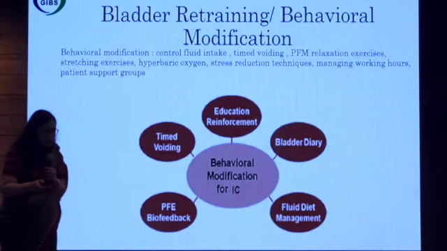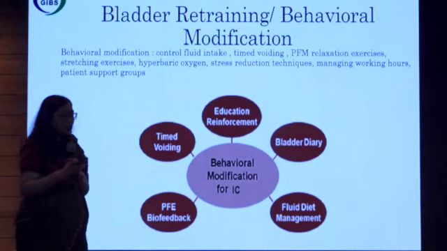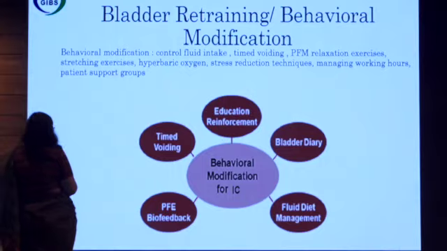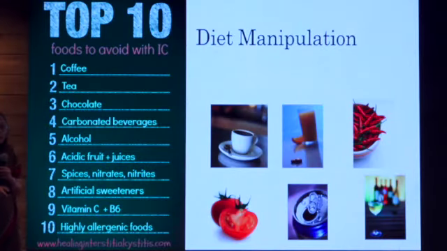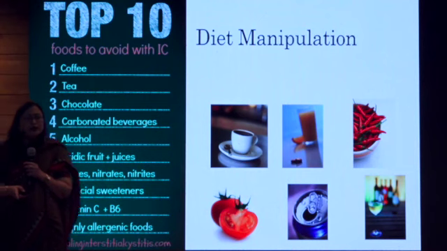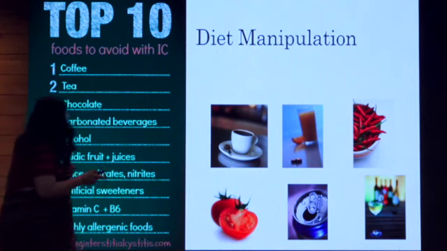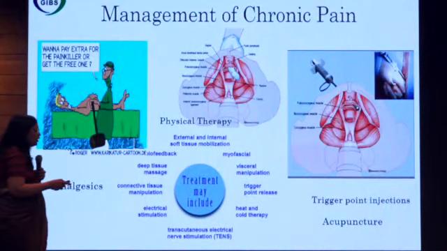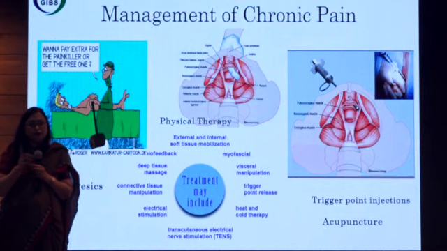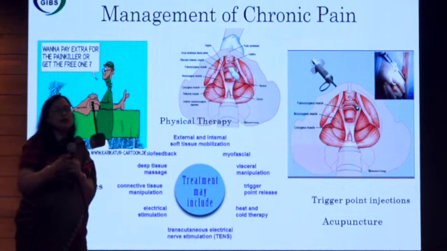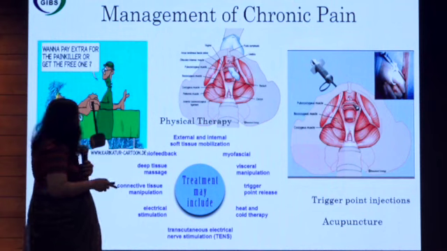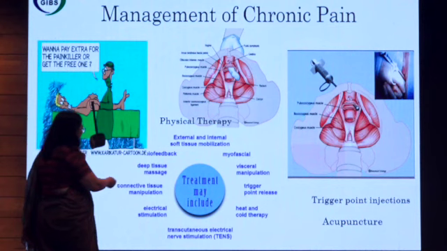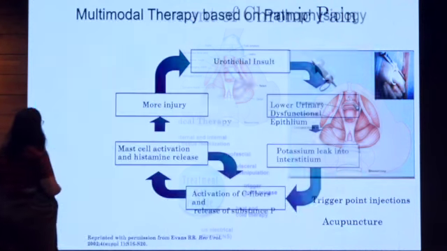You should never ask patients for pelvic floor exercise, especially if they are having a spasm; rather, reverse Kegels or pelvic floor relaxation should be done. Diet modification has a specific role, and you can refer to our GIPS website to see the treatment parts in detail. All the acidic food should be avoided, and chronic pain is the most important thing. The first part should be pain relief. You should start with the milder painkillers, and there is a role of a physiatrist who does many things like trigger point injection and acupuncture to relieve the pain.